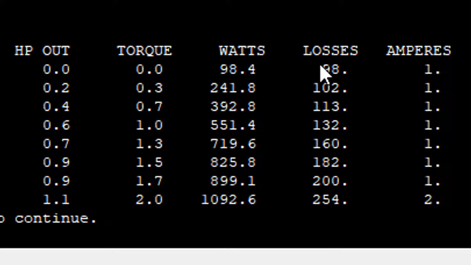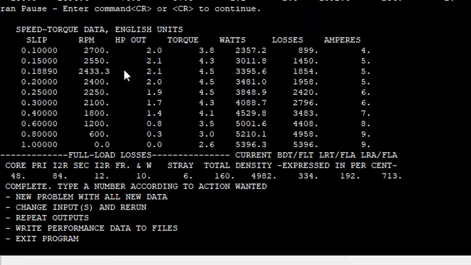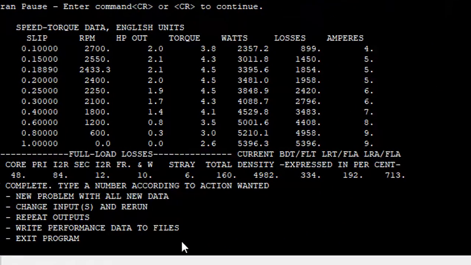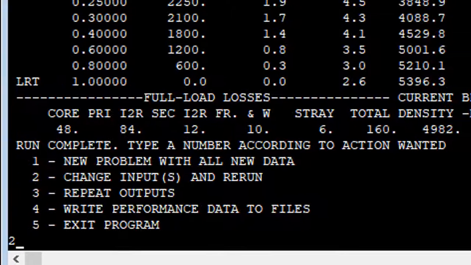And we have the problem where the amps resolution is not good, and the torque resolution is not good, or the horsepower out. Same thing over in these columns. Okay, so if we want to change some inputs,